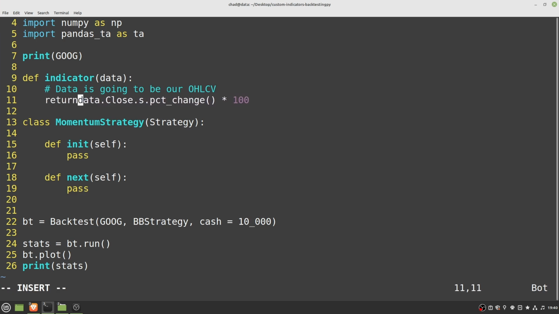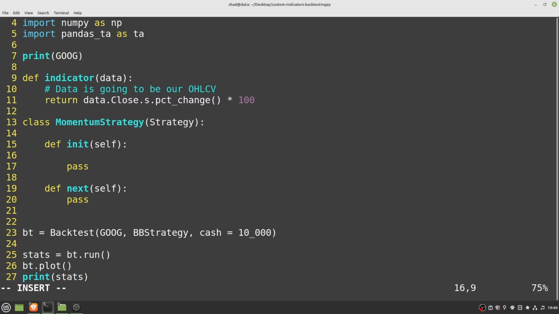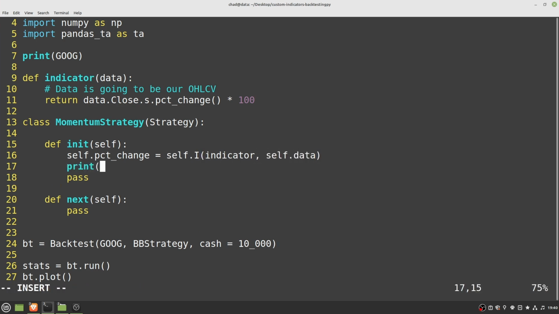So if I return that, and let's grab that function now in here. So we'll do self.percent_change. Well, that's going to be equal to self.I. Then we have our function. So that's going to be indicator. So it's just going to be this value here, whatever you happen to set it to. And then also our data, so self.data. And if I print out self.percent_change here,